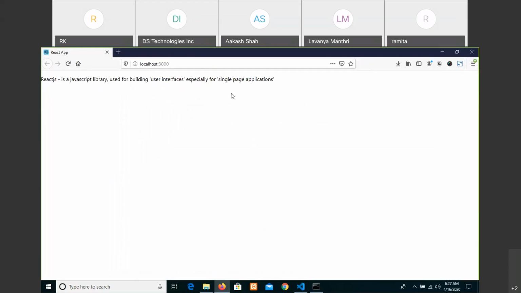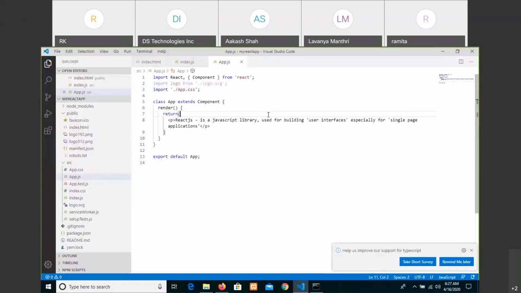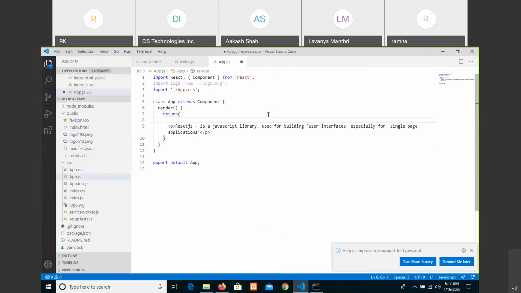That is the first point. Additionally, we want to add a few more statements. For example, if we want a heading for this, just think that we are displaying an output. So we can say React JS, you can say view